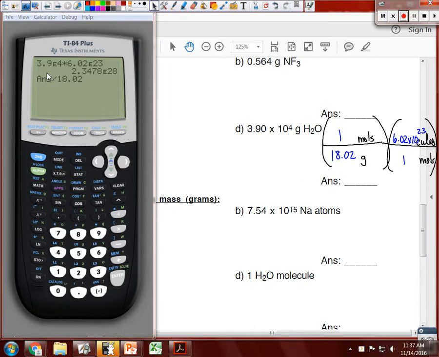So what I've done up here in the calculator is I've multiplied across the top, and I hit equals, and now I'm dividing by the mass, and this right here should be your final answer. 1.30 times 10 to the 27th. Again, if you're not getting this, we need to make sure we fix this as a calculator issue. So 1.30 times 10 to the 27th